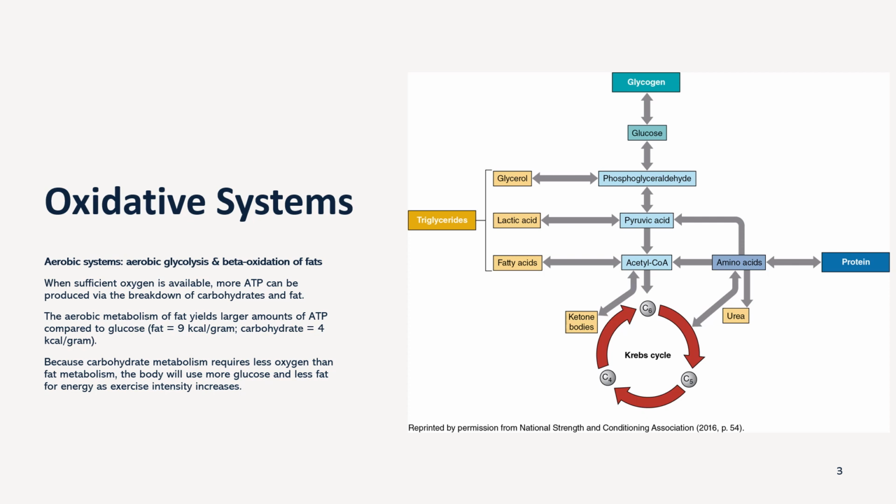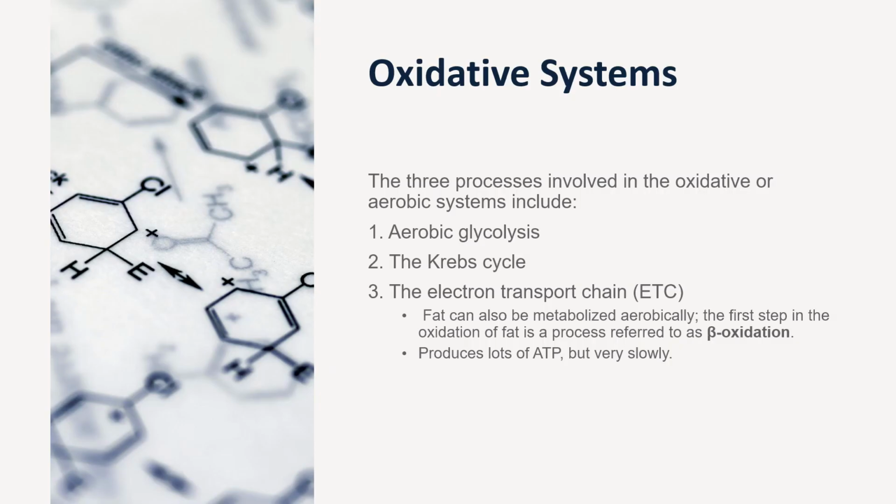Beta oxidation of fats is a highly efficient process for ATP production, as fats contain a greater number of carbon atoms compared to glucose. This makes them a rich source of energy during prolonged aerobic activities such as long-distance running, cycling, and other endurance exercises. Both aerobic glycolysis and beta oxidation of fats play important roles in providing sustained energy during aerobic exercise. The three processes involved in the oxidative or aerobic systems are glycolysis,